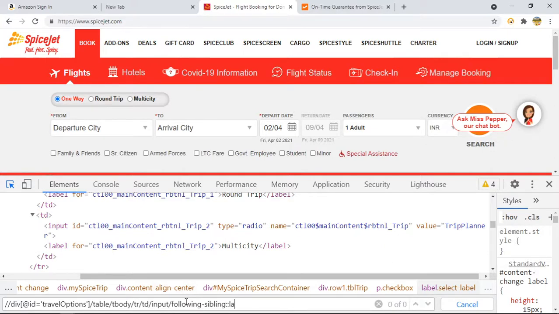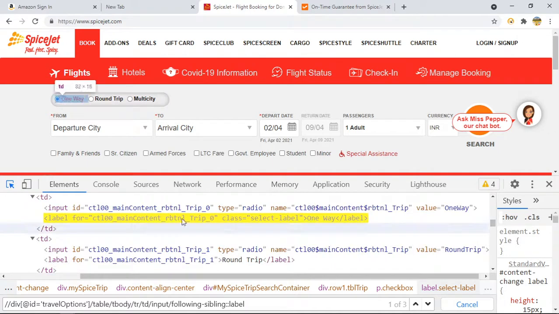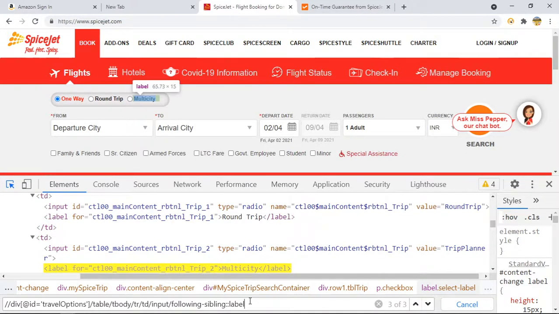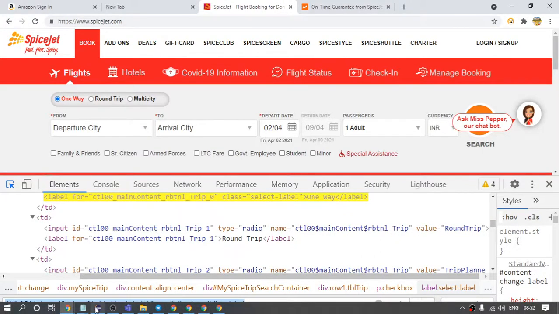I will say label. Now you can see we are on the yellow line, which is the second one, because I am traversing from children to children by using the following-sibling concept, which we have discussed earlier. So now this is highlighting the second one. It is actually highlighting this line, so we can use getText here to get the text in the third one, right? So total 3, and if I copy this, or you can use some other XPath, that is your call.